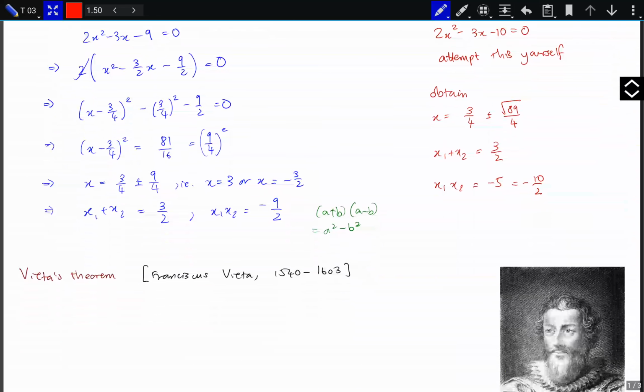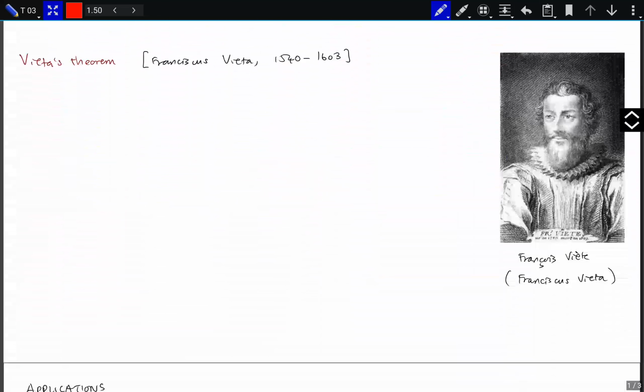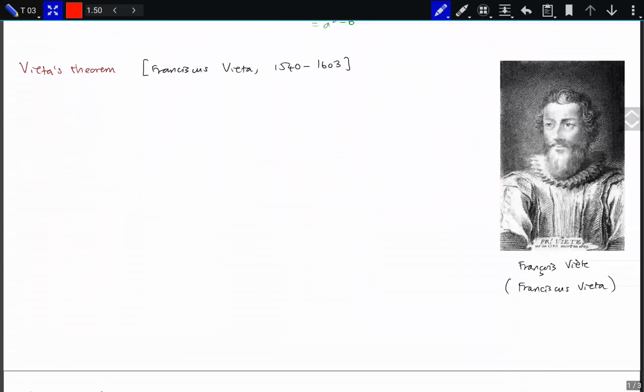And that reason is Vieta's theorem. So here's a picture of Francois Vieta back in the 16th century. So the theorem says that for any quadratic equation, so let ax squared plus bx plus c equals 0 with real constants, assuming that the coefficient of the highest degree, so a, is non-zero, and this condition that we've seen before, this is known as the discriminant, just so that there is at least one solution. So that's either two equal solutions or two different solutions. So assuming this to be the case, then